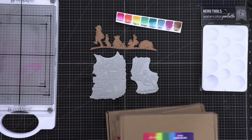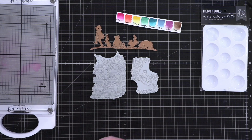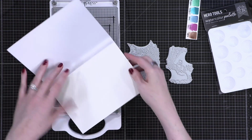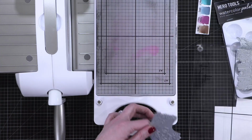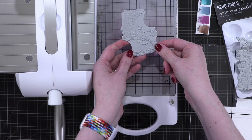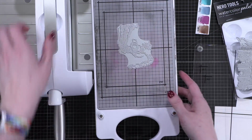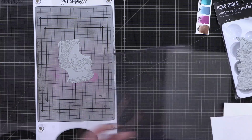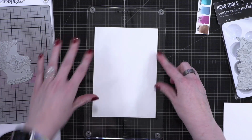But we're not going to get to that for a little bit because we have some BetterPress plate stuff to do. So I'm going to grab some Fabriano Artistico Extra White for our cute little Winnie the Pooh scene. It looks like it goes about like that, but I'm not entirely sure how I want it set up. So you know what, I'm going to move this out of the way for a minute. I'm going to put it like this, and then I'm going to put my watercolor paper right here, and I'm just going to tape it